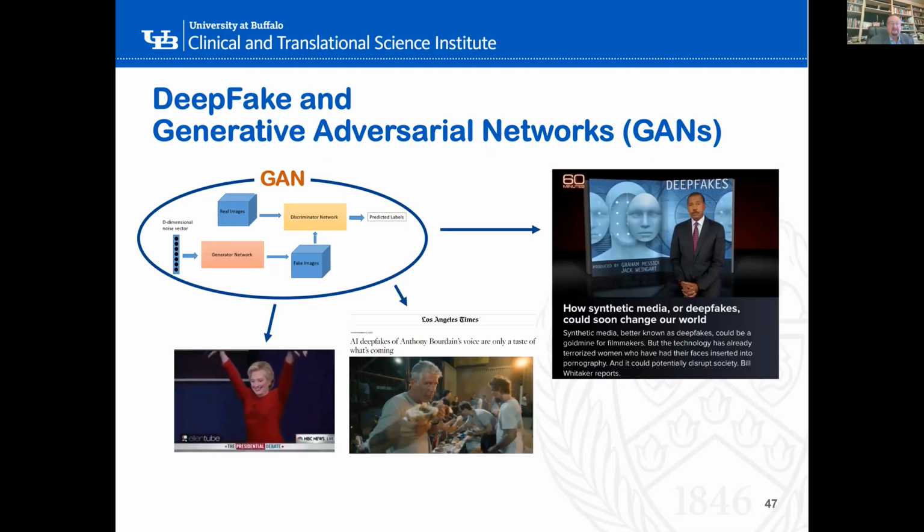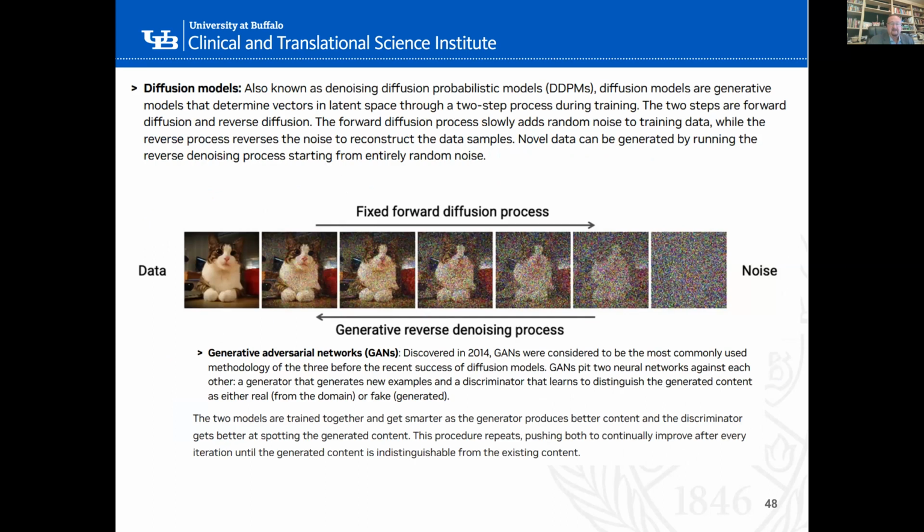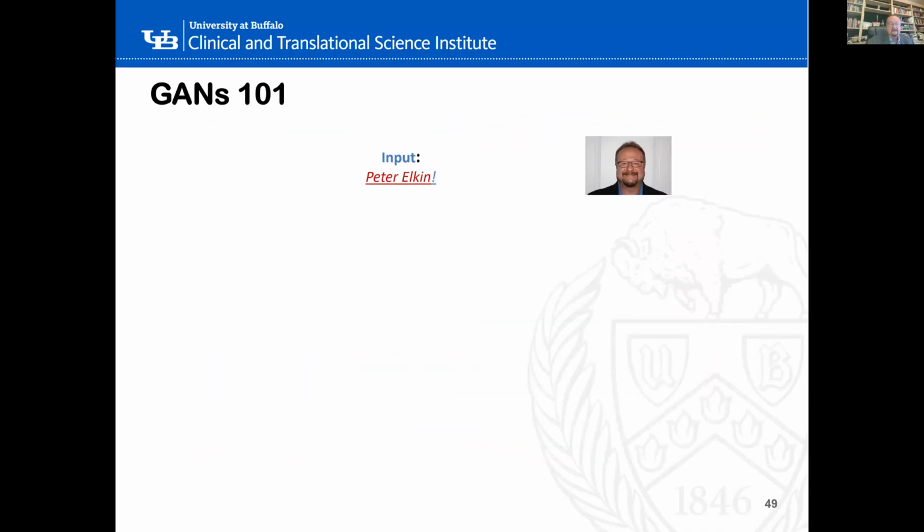So there's a lot of deep fakes out there. You can see them everywhere. And obviously, these even bring back people who are not alive. And it's getting so you can't tell what's true and what's not true. This is a cat. You can see the cat. And what you're doing is you're adding noise to the cat's picture. And on the other side, you're learning how to denoise it. And that's basically the basis upon which all of these deep fakes are happening. So you're taking somebody who moves in a certain way and you're superimposing them and getting the deep fake to happen. So here's an example.